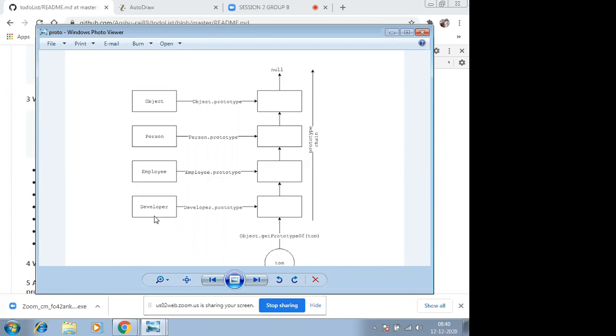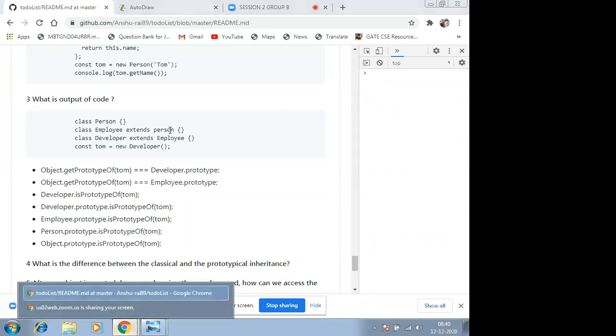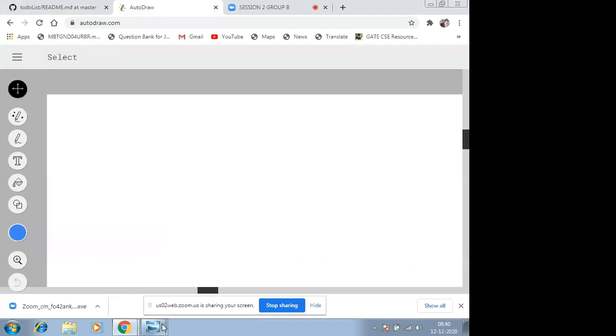So we are passing the Tom's prototype to developer. Is that what you mean? Yeah, we are comparing the prototype of Tom with developer. So they are pointing to the same prototype, and so I guess yes. No, yeah, that's the confusion that is there. Just let me show you.